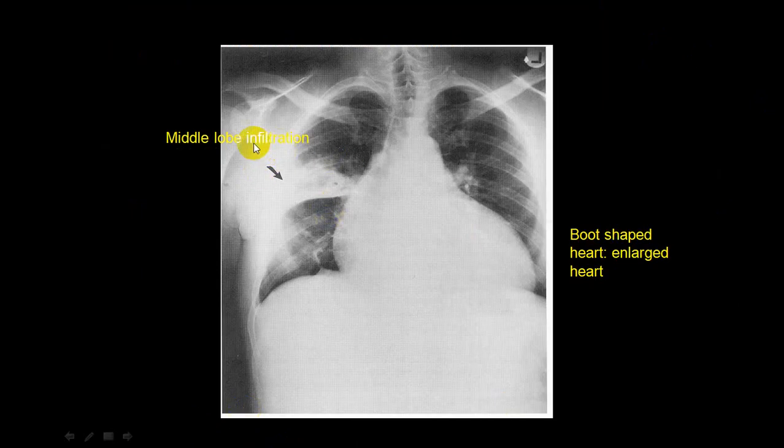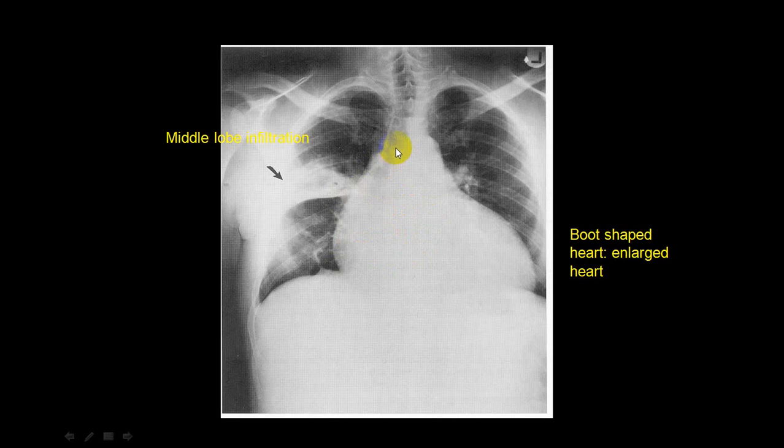This is middle lobe consolidation. Air bronchogram is seen. But along with that, you can see a big enlargement of the heart. The right border is also enlarged, and this is LV. So this is LV with the right border also enlarged. Maybe because of RV, plus even LA and RA. This will be because of RA, and the double atrial shadow will be because of LA.